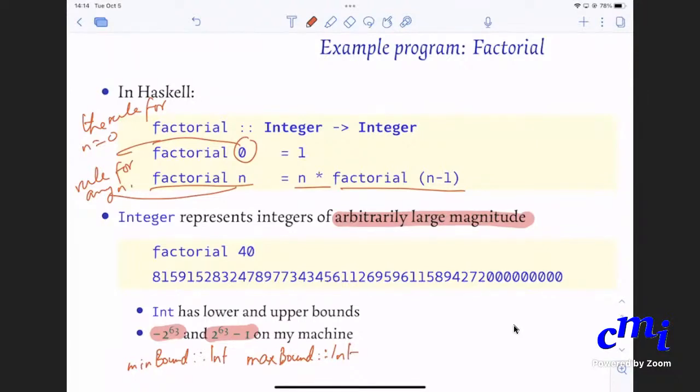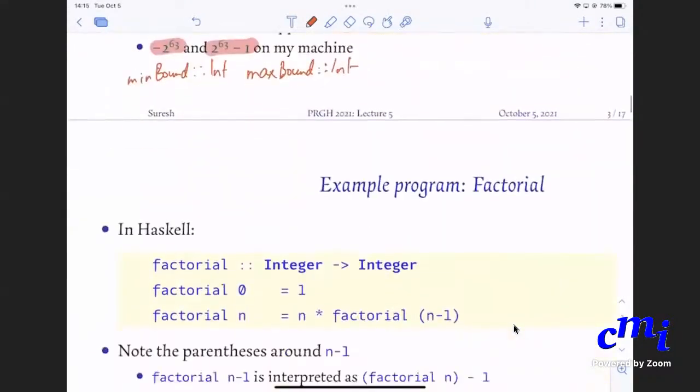Negative n. Exactly. If I say factorial minus 1, it will try minus 1 times factorial minus 2, which will be minus 2 times factorial minus 3. It will go on forever. Okay, it will never halt. Okay, so therefore,